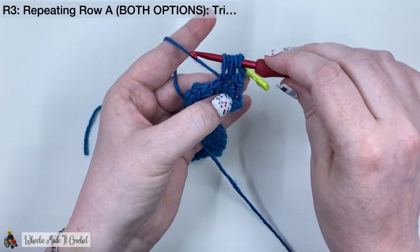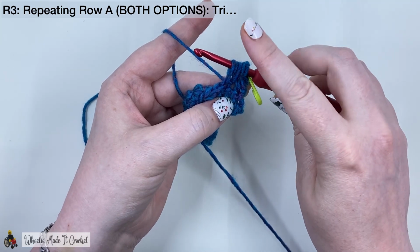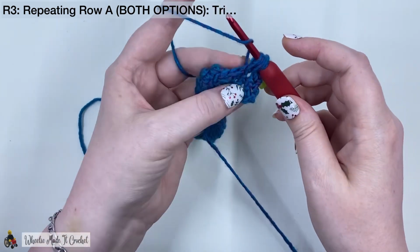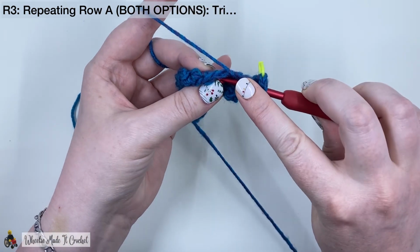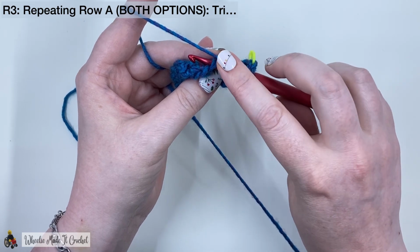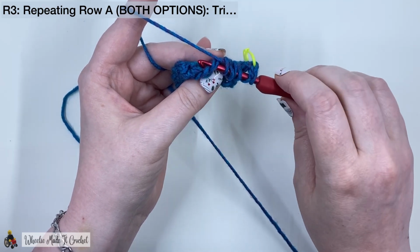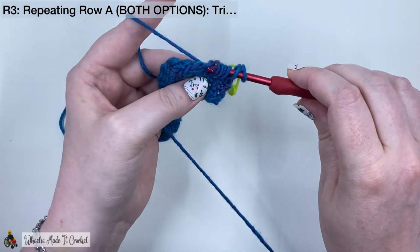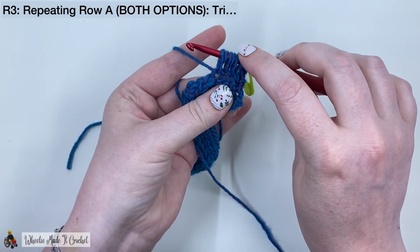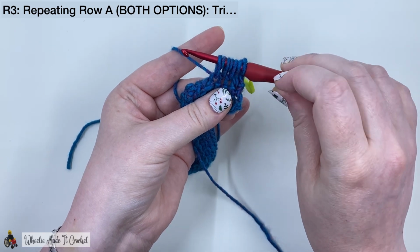So now I have 5 loops on my hook. I'm going to put my finger on top of them again and I'm going to insert into the next stitch along. Yarn over, insert into the next stitch along. So now I have 6 loops on my hook back here plus the top of the stitch. Yarn over and pull up a loop, still pulling it up high, and I've got 2, 4, 6 loops on my hook,